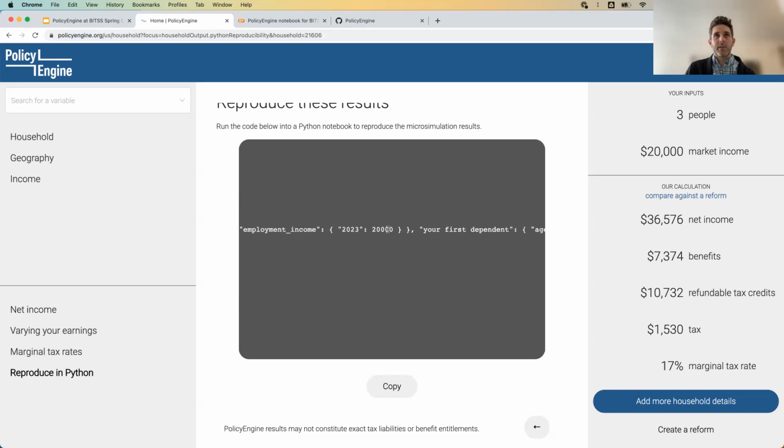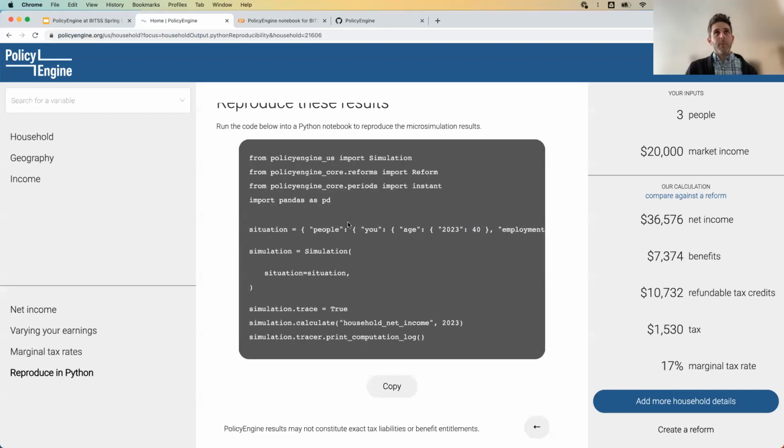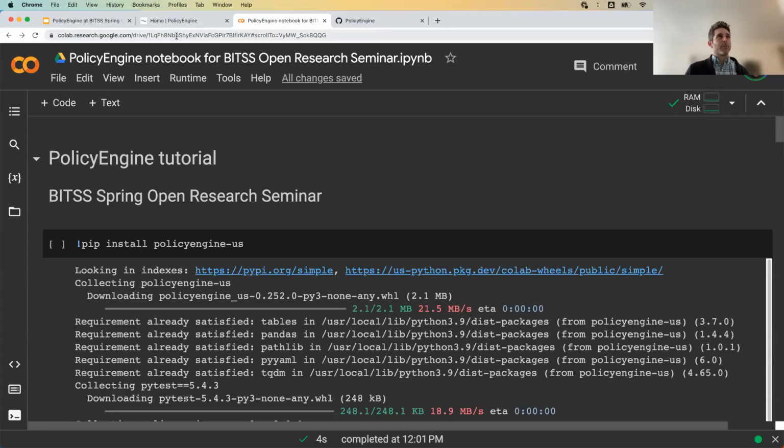But basically, some of the characteristics we entered are just shown as numbers as variables here. This is all from our PolicyEngine package. You can click the copy link, and actually, I'm going to drop this link too. This is a link to a Colab notebook with some recording in progress.